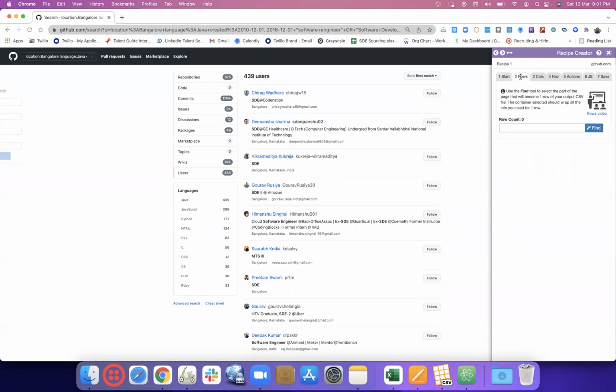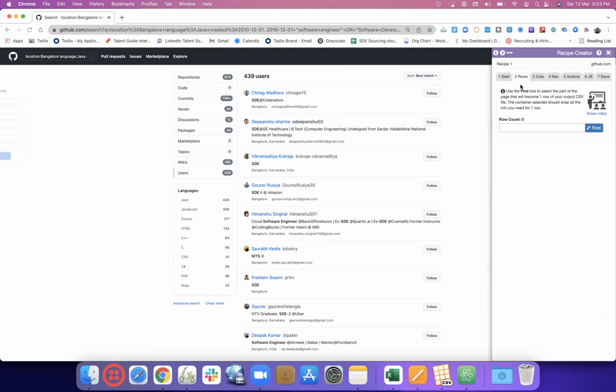Then we select the row. Like in Excel, we have columns and rows. Similarly, here also we have rows and columns. So what are the rows? These are all the rows. So how are we going to select? Once we click on a row, it says find that particular element, which row data you want to collect. Like if this is a list page, this is the first row, this is the second row, the third, the fourth, the fifth, the sixth. Like that, you have a list of 10 rows in one particular page of GitHub.